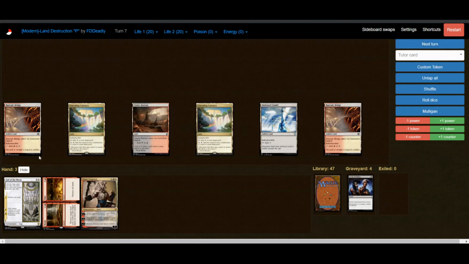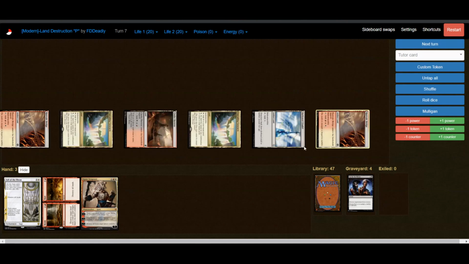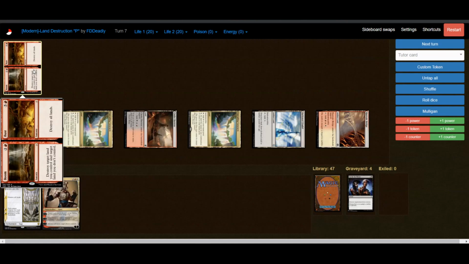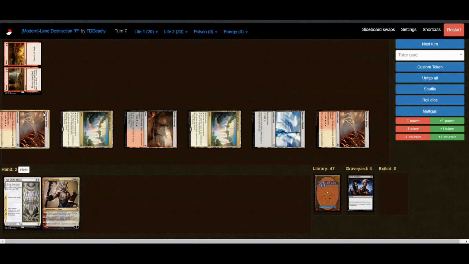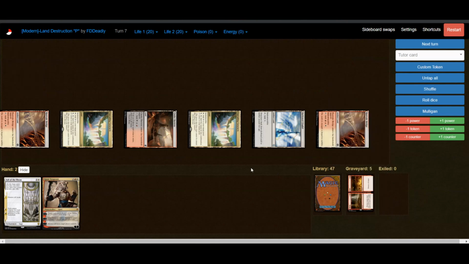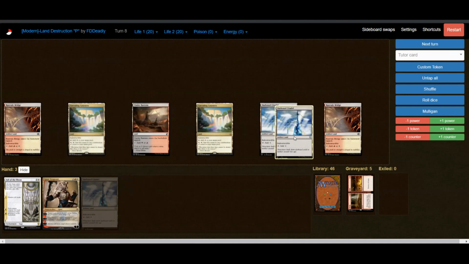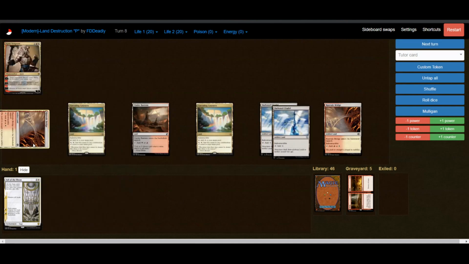Then when you have 6 mana, you can just destroy all lands. And because your lands are indestructible, you will not destroy any of your lands, only your opponent's lands. On the next turn, you can play